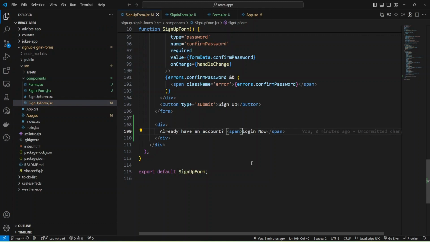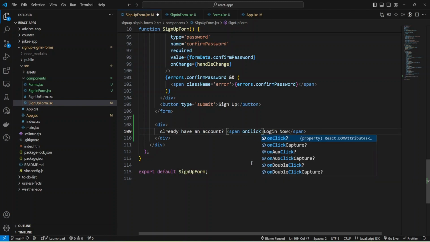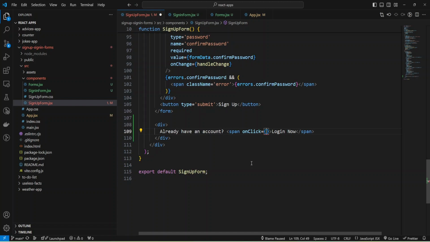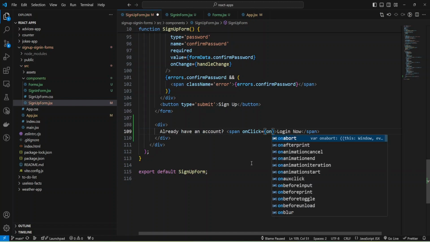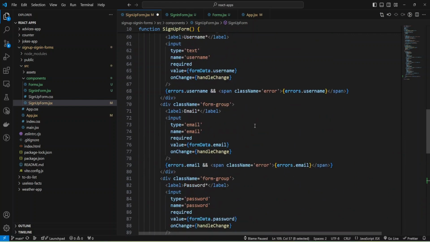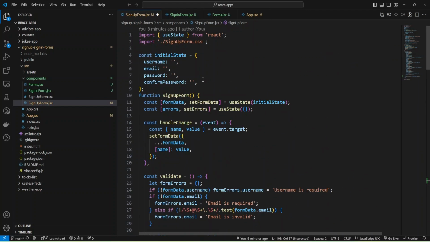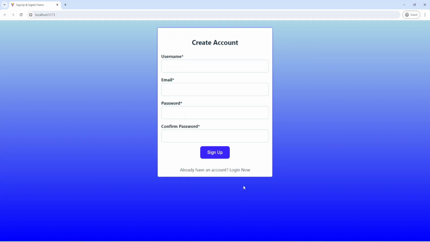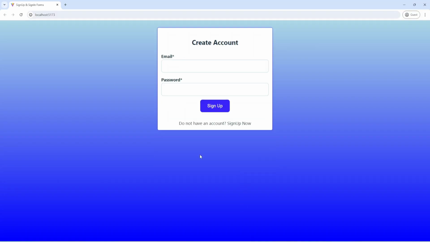And on click, I'm going to call my onSignIn from props, and using object destructuring, I'm going to retrieve this function from the props. And let's check what we have now. I'm going to click login now, and as you can see, I see my login form, but by clicking sign up now, I don't see anything else.